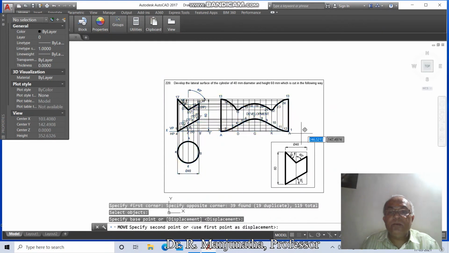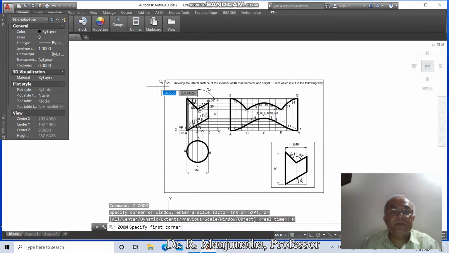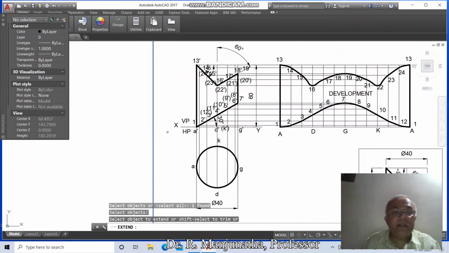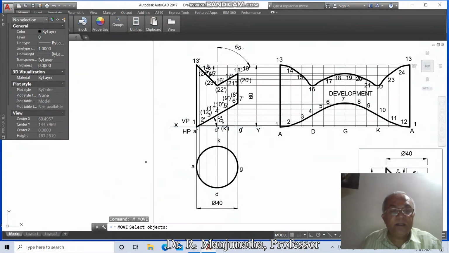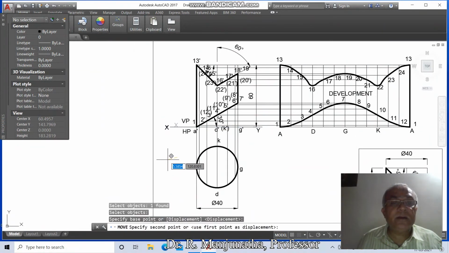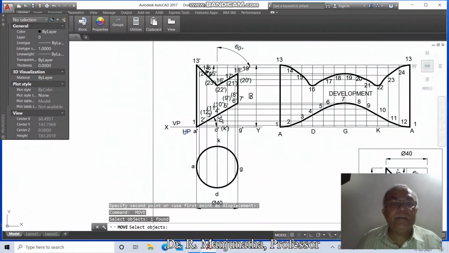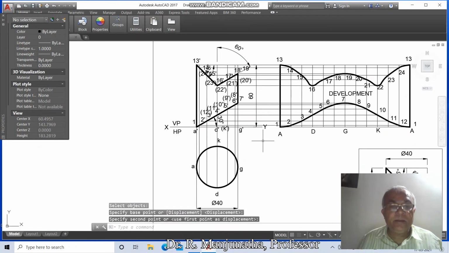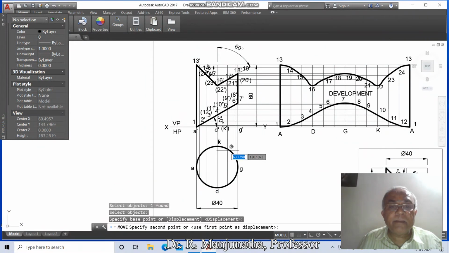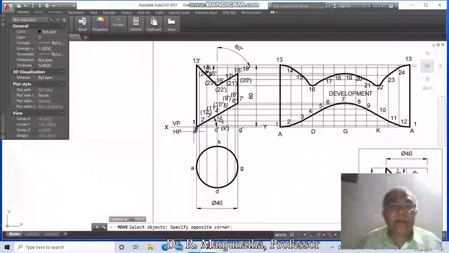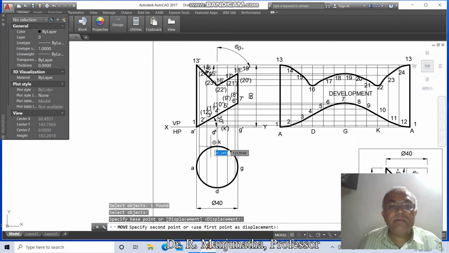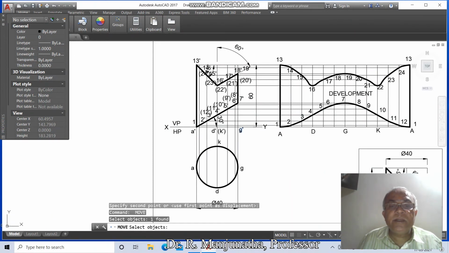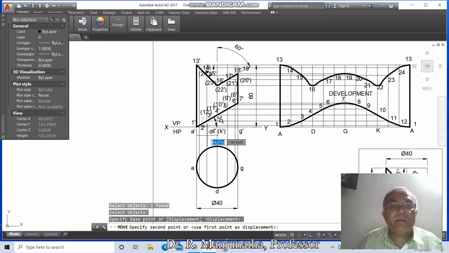then move this somewhere here, then go to zoom window, then go to extend, select this line, extend this XY line, and go to break, select this, and go to move, select X and keep VP, and then HP, then Y, then go to move, select A, select D, select K, select G, then A dash, then D dash, then K dash, then G dash, then Y, then 1 dash, then 2 dash, then 3 dash, then 4 dash,